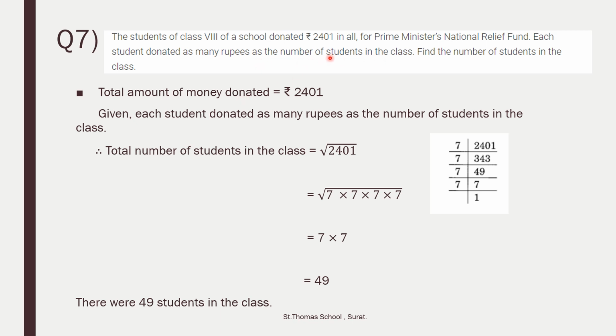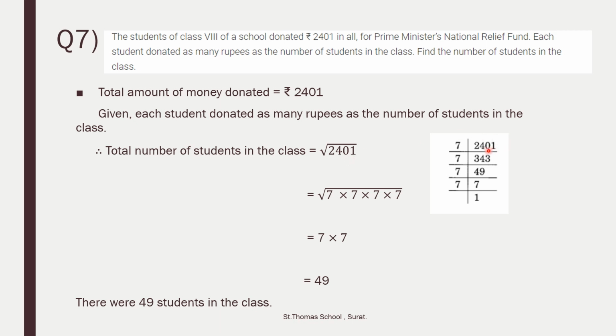What is the meaning of this? How much money each student donated? How many students in the class? That much money they donated. That means, suppose there are 30 students in the class. So, each student donated rupees 30. Clear? Now, if there are 50 students in the class, then each student donated 50 rupees. So, you can write the sentence like this. Given, each student donated as many rupees as the number of students in the class. Therefore, total number of students in the class is equal to square root of